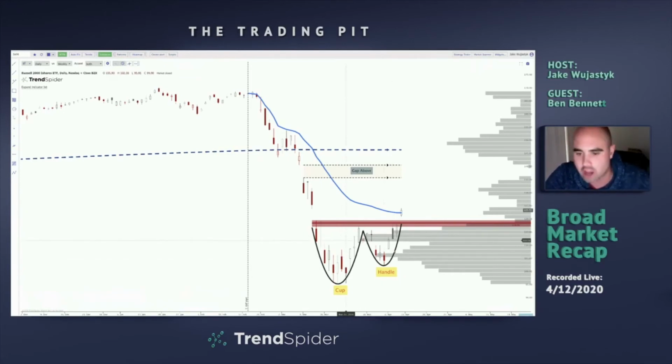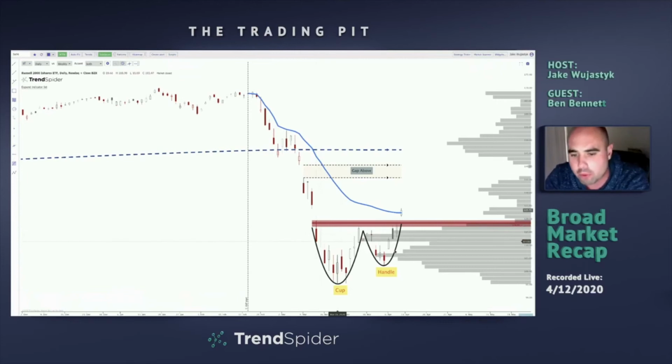have the perfect uptrend pullback that you would most of the time see in a textbook cup and handle. Patterns are meant to have some cushion. I guess that's the only way to say it. There's not always going to be a textbook setup in the market. You're not always going to have X, Y, and Z all lining up at the same time. And if you do, it's generally a trade that's probably going to break down because it's too perfect.